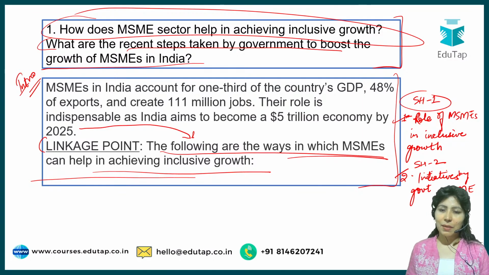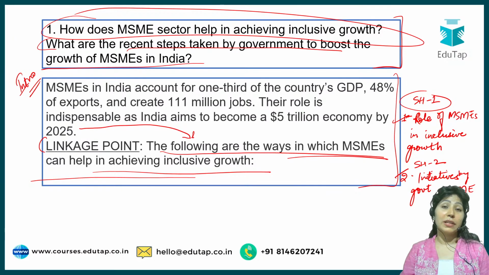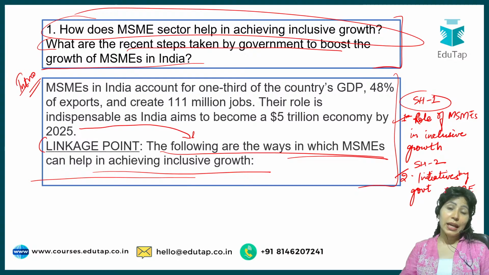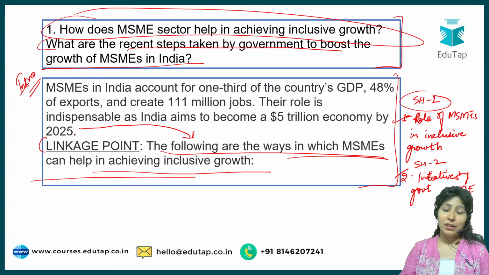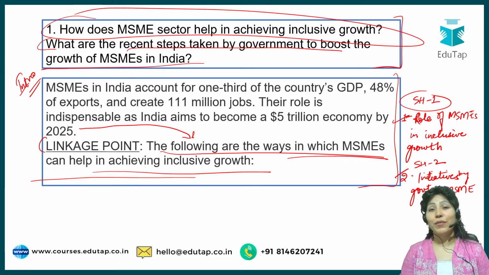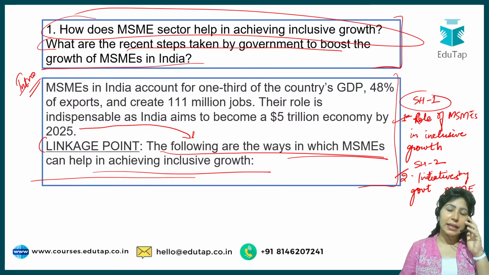How does the MSME sector help in achieving inclusive growth? So what do you think the role of the MSME sector is? First of all, it reaches where big corporates or big companies cannot reach. An MSME can start in one room of a house, in a village as well. So in rural areas, it can provide jobs. In rural areas, people can become entrepreneurs. In rural areas or in many other areas, it can generate